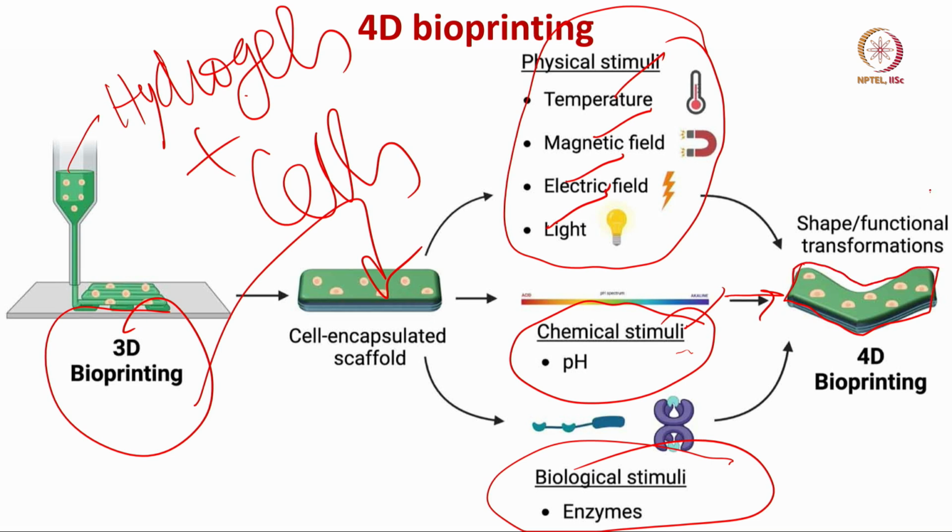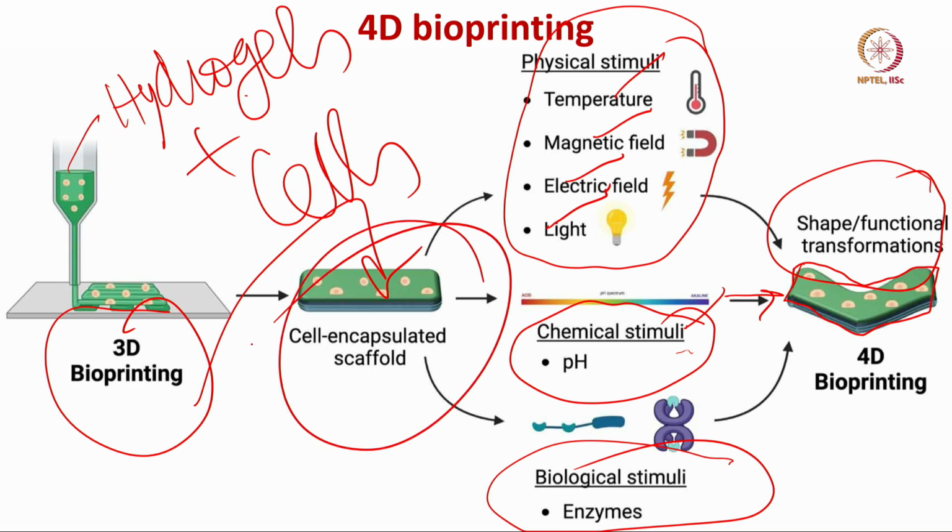Now, if you look at this, there is a transformation either in shape or function. Functional means the way this cell laden hydrogel will function will be very different from 3D bioprinting. You cannot call it a 4D bioprinted structure unless you demonstrate either, A, that there are distinctive shape changes which you can quantify, or B, that by giving the stimulations you are introducing functional changes in this 4D bioprinted structure.